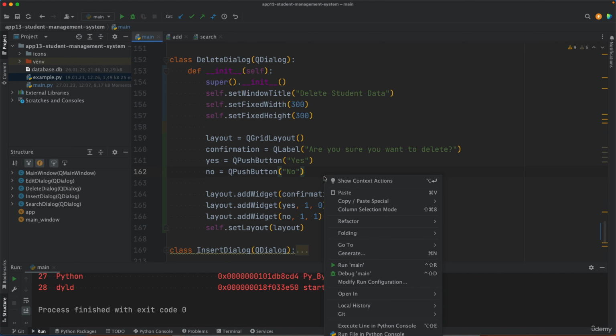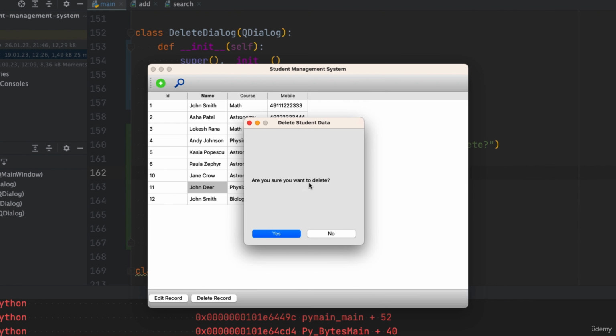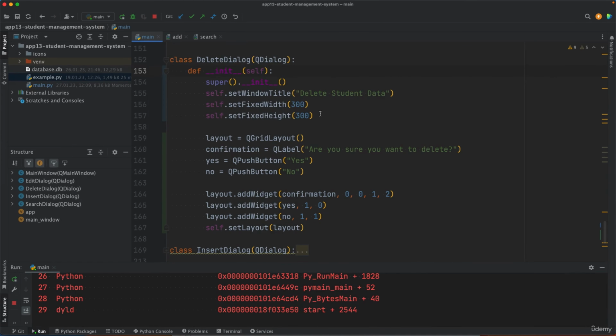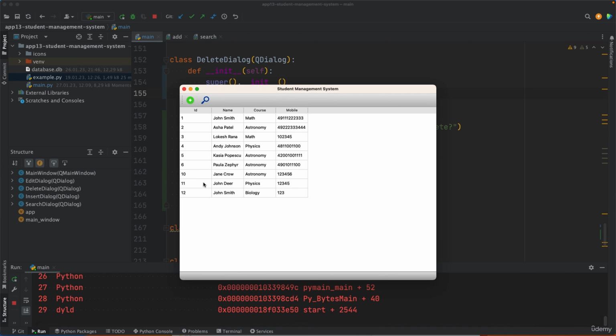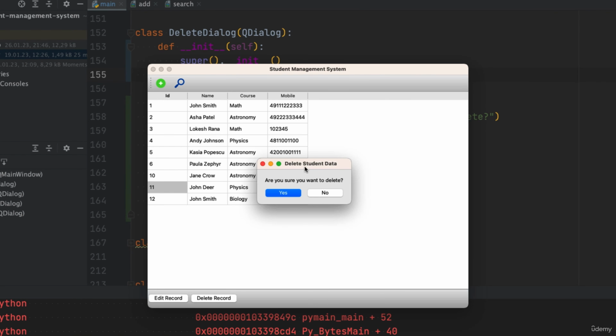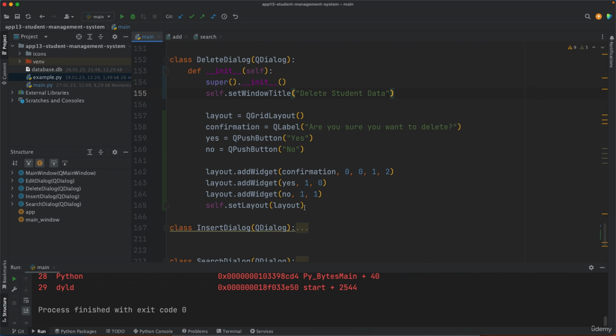Now we still need to implement the functionalities so that when the user presses yes, something will happen. But let's see if we've got this right so far. Are you sure you want to delete? Yes, no. The sizing is a bit off, so to fix that, you simply want to remove these two sizing setting lines, and that will give a minimalistic dialog window, which is the case for these kinds of confirmation windows. So are you sure you want to delete? Yes or no? If you press yes, for now nothing happens, but we can handle that